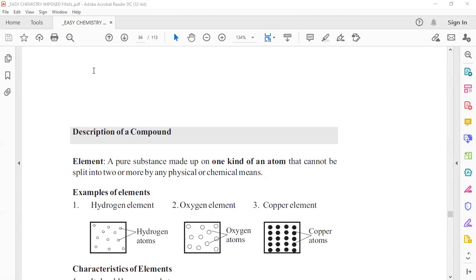So for today, we're going to start a new series, and this series will be titled "Language of Chemistry." So under the language of chemistry, we'll get to know the familiar terms, the common language that is used in chemistry, as they talk about